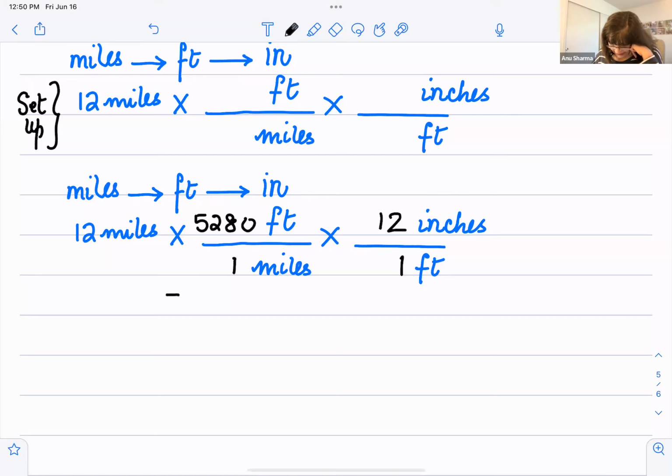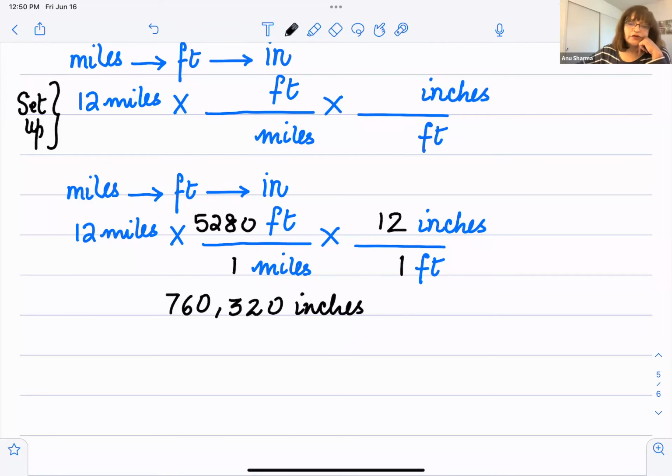So this is 760,320. Okay, so these many inches. That's the standard notation, but that's an exact number also. So if you write it in scientific notation, then it is kind of like,